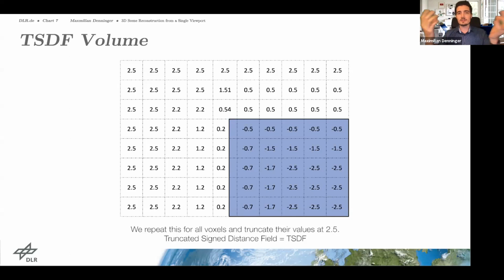Imagine being in the middle of a big room. It doesn't really matter where the next surface is. It's only interesting now that we know, oh, there is no surface around. Of course, you can define this truncated value as you need, depending on your application. Then there's the sign value, which I already explained, that you know what is free and what is occupied. And then the distance value,